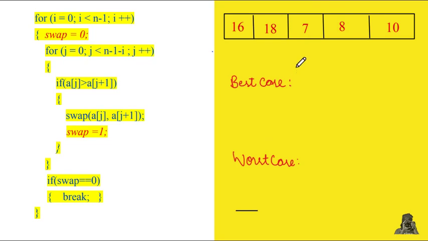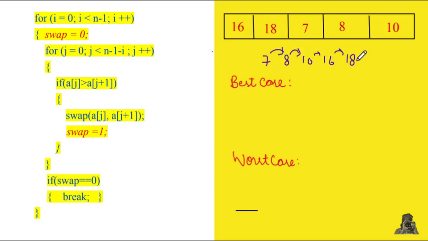Let's now understand the complexity of bubble sort for best and worst case. Best case for bubble sort will be when the array is already given in a sorted order. So let's say these are the values that we have given to us to sort. Now in this condition, according to bubble sort, we have to compare the consecutive items. So first comparison will be done like this. This is the first comparison, but no swapping will be required. Second comparison, third comparison and fourth comparison.